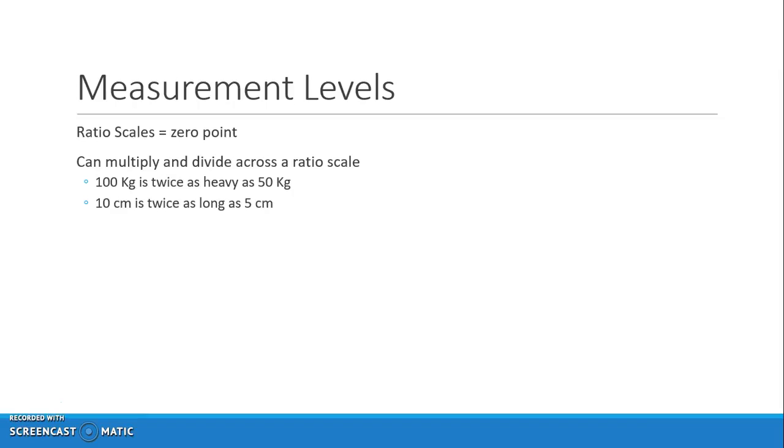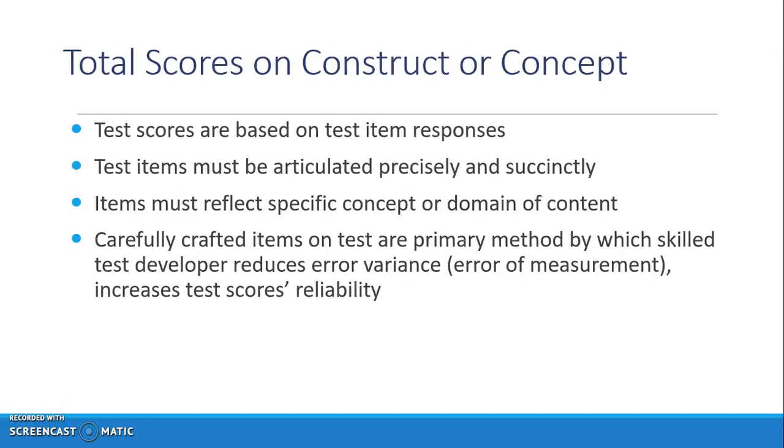So remember that with ratio scales, there's a 0 point you can multiply and divide across a ratio scale, and essentially weight is used always as an example, but you can look at the 10 centimeter line being twice as long as the 5 centimeter line in terms of the mark on the line of that visual analog scale, for example. So total scores on a construct or concept are based on the responses, and basically you've got to give scoring directions so that people